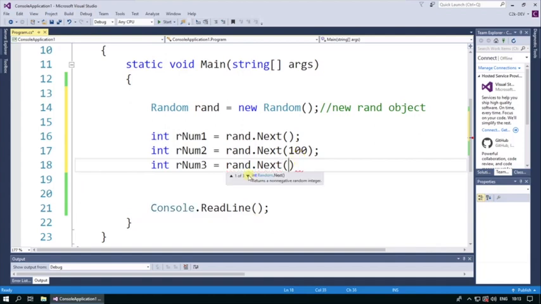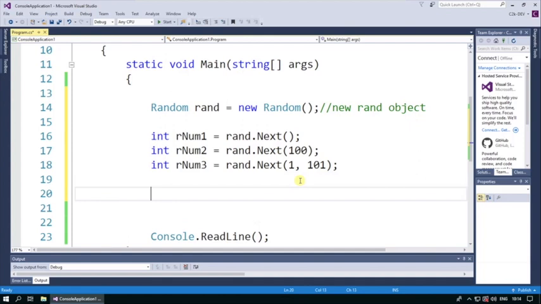We'll pick the third one, and it says it returns a random integer that is within the specified range. Okay, then this is inclusive of the lower bounds, but not the upper bounds. So if you want between 1 and 100, you need to do that. Okay, so what we're going to do now is we're going to